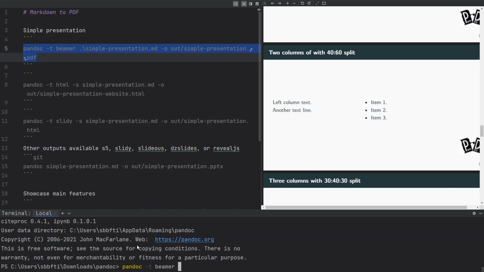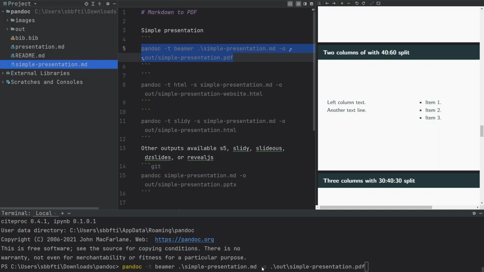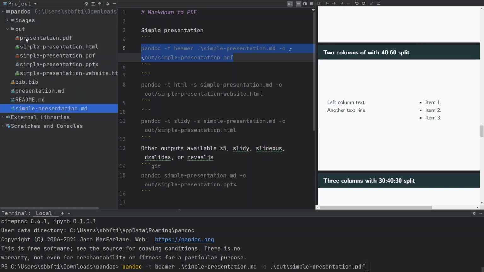Then we have to say the source file. In this case, we are going to compile the simple-presentation.markdown file, and we have to specify the output file. I want to put my output file in the out directory, which I've already created, and the file is going to be called simple-presentation.pdf. Let's compile this. Actually, let's first go in the out folder because I've already a lot of files over there.